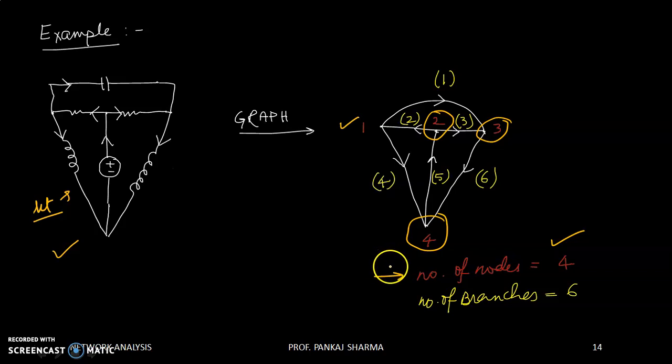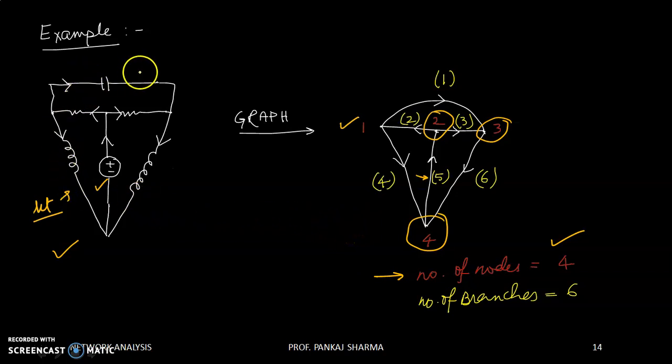It will contain all the nodes, as we have seen in the definition in the previous video, and this is exactly having all the nodes. All the nodes of the circuit are in the graph. So connect all the nodes as per the definition. Voltage source will be short circuited, current source will be open circuited. Hence there is no current source here, so no need to bother about open circuiting. But there is a voltage source, so it has to be short circuited like this. We have short circuited branch number 5.